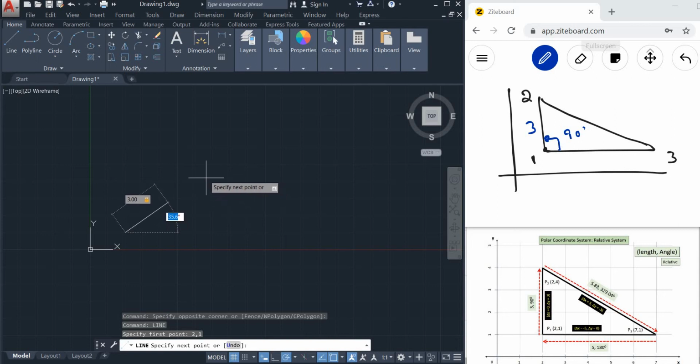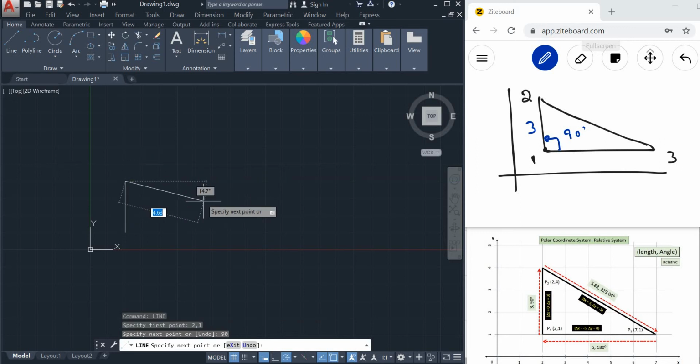and then you can specify the angle. So if you want to specify 90 degrees in the anti-clockwise direction, put your cursor above the horizontal line, and if you want to specify it from the other direction, then you will have to type 270 and keep your cursor in the downward direction. So type 90, press enter.